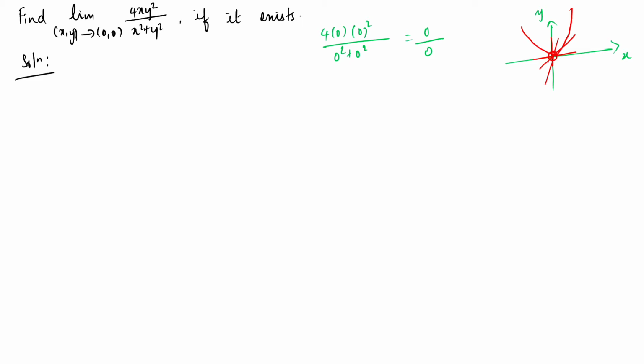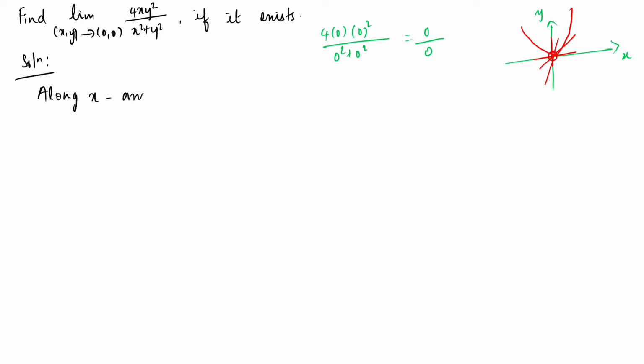So let us take something. If in all the possible ways you go to the same function value, then the limit exists. In the domain you can very well come to the point (0, 0) in all possible ways. But if you travel along this line or this curve, and the function value also comes to the same point, only then can we say the limit exists. Here we will take such paths and see what is happening. Let us try along